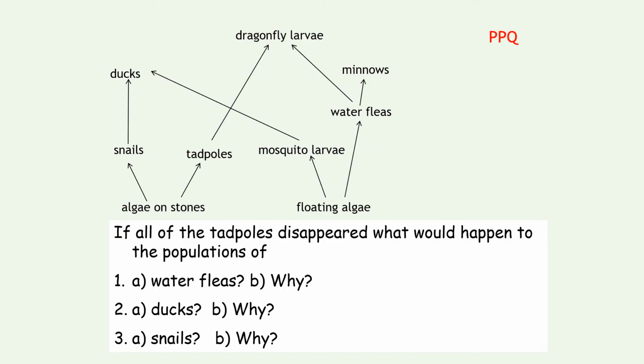So if all of the tadpoles disappeared, what would happen to the population of water fleas and why? What would happen to the population of ducks and why? What would happen to the population of snails and why? So pause the video and try to answer the questions before I go over the answer. So remember, it is your tadpoles that are disappearing. So the answers are